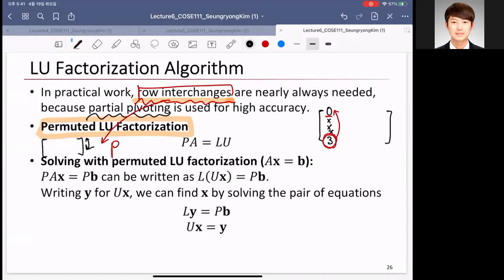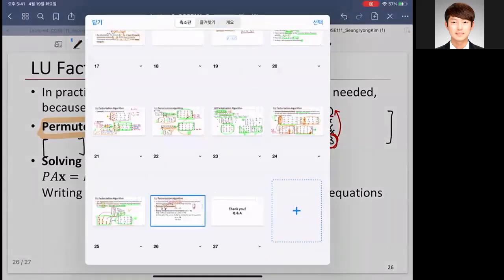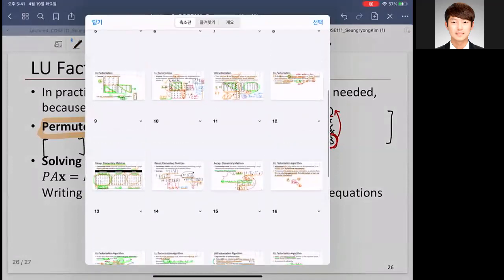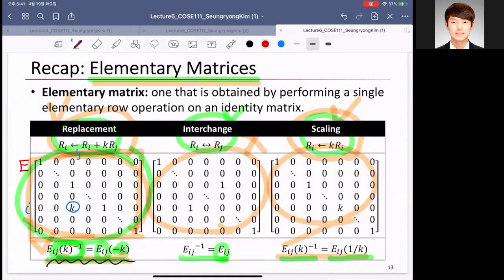So how can we build this permutation matrix P? By using this one. Looks like this. This matrix can be a permutation matrix. Can be used for the permutation, right? Because it enables us to interchange each row. Then